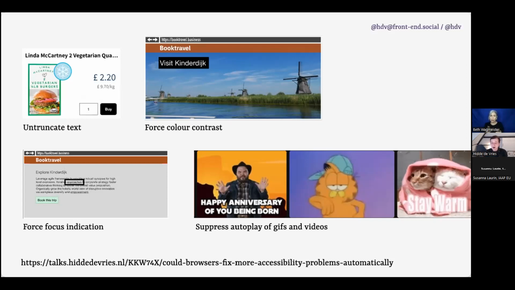That's one of the ones that I started this project with, of figuring out what browsers could do. Because I spent a lot of time in WCAG audits telling web developers or designers to do focus indication to show where the focus is on the page. A lot of websites don't have this. This made me sad also because it's just one line of CSS, right? It's colon focus, and then you can say, draw a big line around it. It's one line of CSS in between the user and the website that kind of breaks or makes it. And this is something a browser could force if the user wants to. If they want to see what has focus always, a browser could help with that.